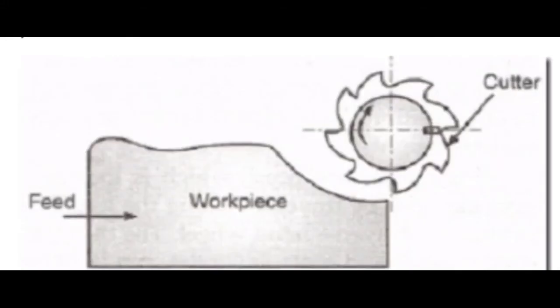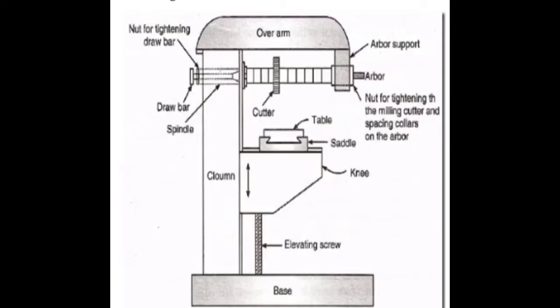Today we are going to discuss the milling machine. Now, exactly what is a milling machine? Milling is the cutting operation that removes metal by feeding the work against a rotating cutter having single or multiple cutting edges. Flat or curved surfaces of many shapes can be machined by milling with good finish and accuracy.